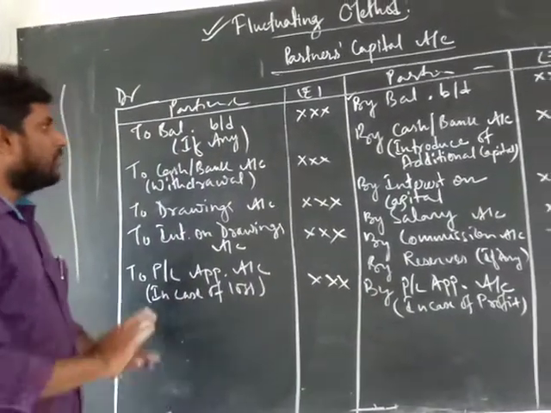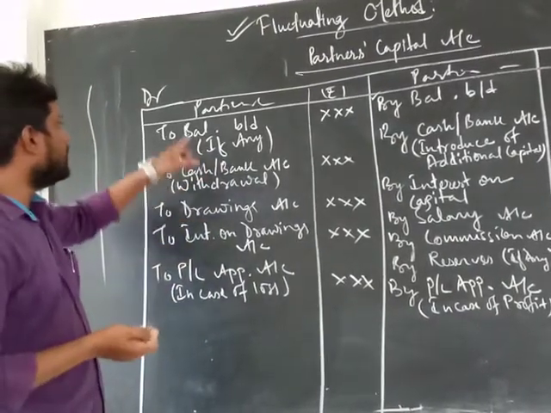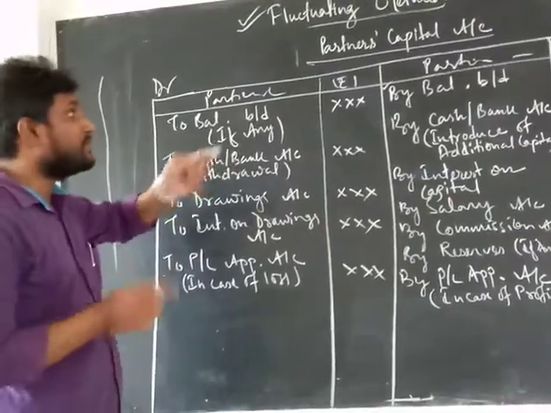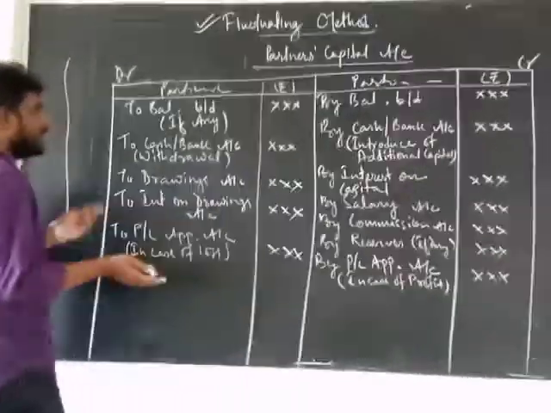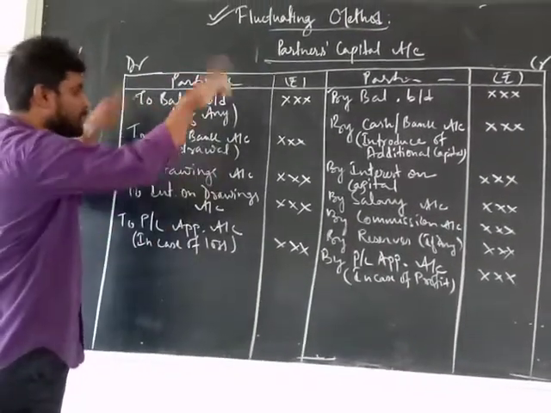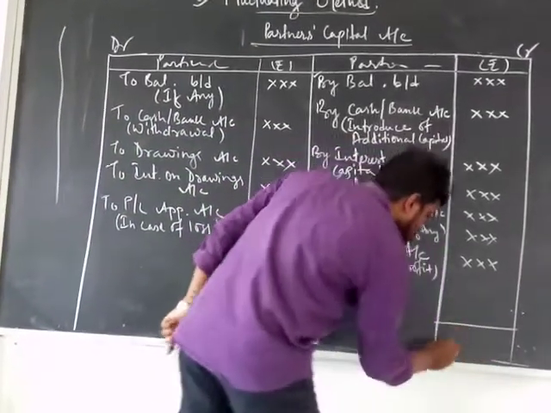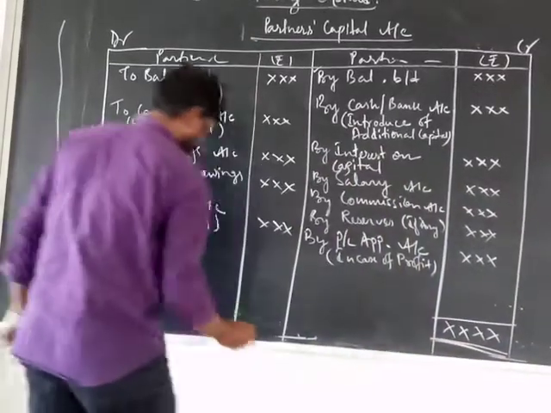Okay? Now see, all have been merged. You can easily get an idea, oh, this is the way to prepare the partners capital account. In the last part, we had differentiated two different individual accounts. And now in this case, both have been merged and we have prepared one single account. Now we will close the part. Okay?